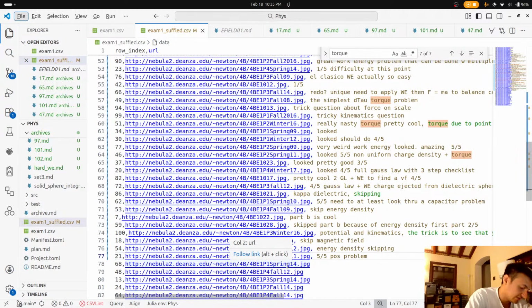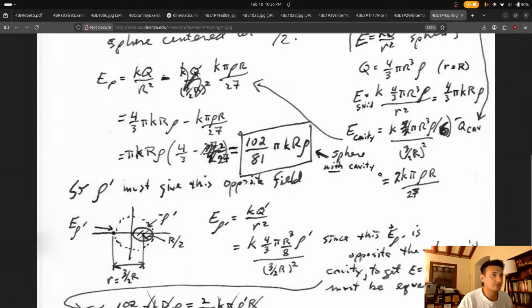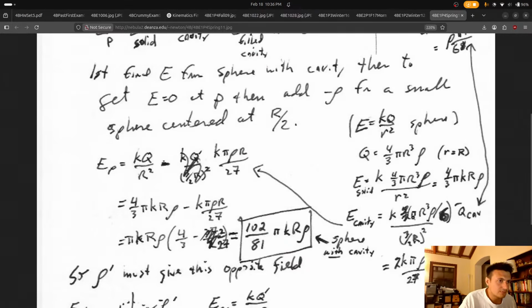Okay, so then E of P of hollow is just this thing and this thing. Okay. And then E of minus, or do we not just multiply that by 2? k pi r